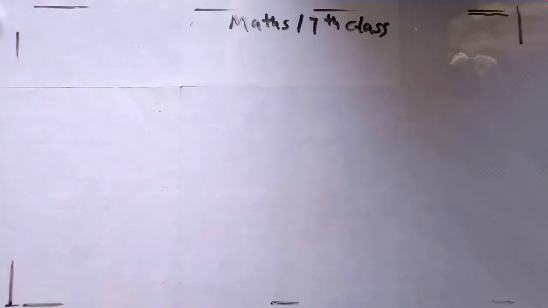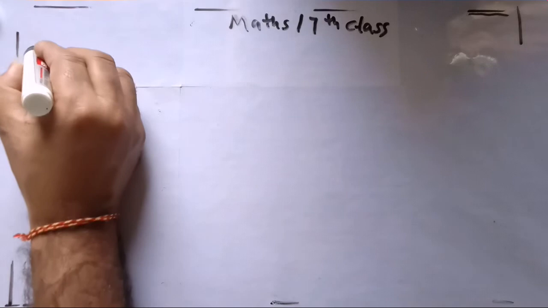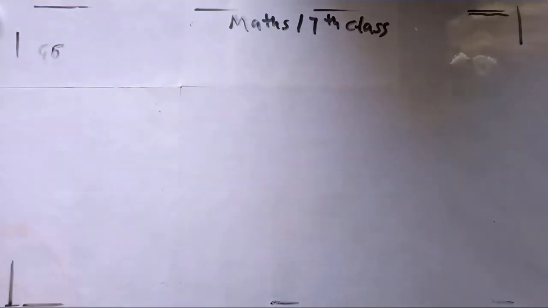So guys, today we will discuss mathematics class 7 exercise 2.1 statement sum. This is the mathematics book. So I am doing question number 5. The fifth question is: the cost of 1 liter of juice is rupees 98 and a half. What would be the cost of 34 1 by 4 liters of juice?